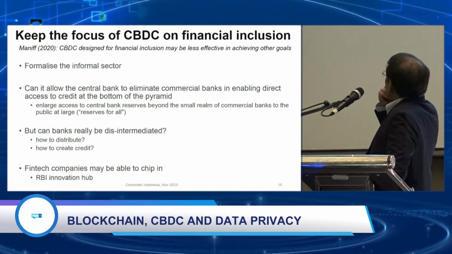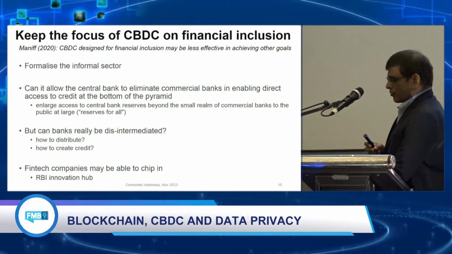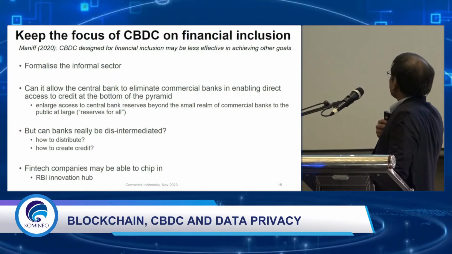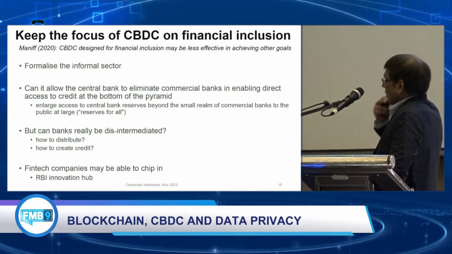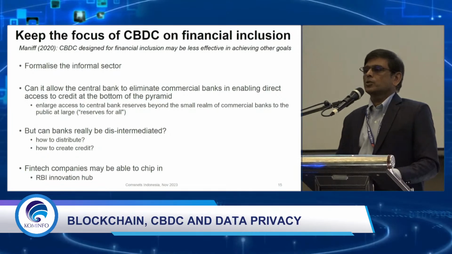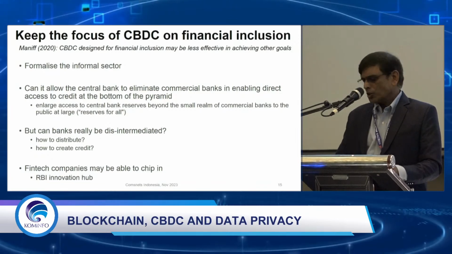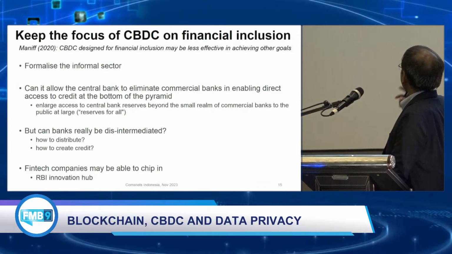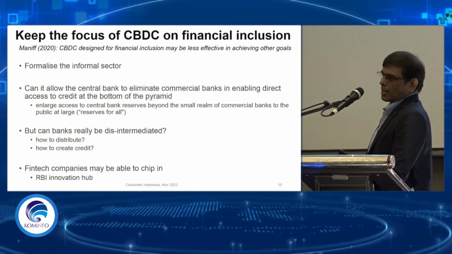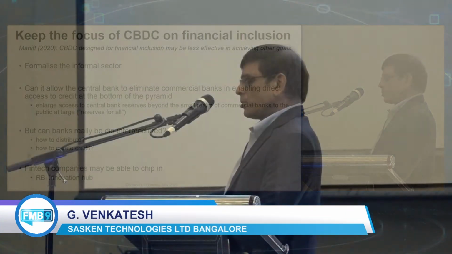So keep it focused on financial inclusion, formalize the informal sector, which is where you have these many underbanked people. What it does effectively is by giving CBDC to people who don't have bank accounts, you're actually enlarging the number of people, not just financial inclusion-wise, you are basically making the central bank's reserves accessible to the public at large, not just to the banks. So when you make it accessible to the banks, people who have bank deposits get access to it. But by going beyond the banks and giving it directly to the people at large, you have this concept which is called reserves for all. Reserves for all, central bank's reserves is now accessible to the public at large. It gives you a sense of democratizing the central bank's reserves, okay?